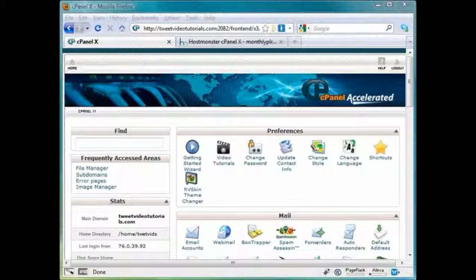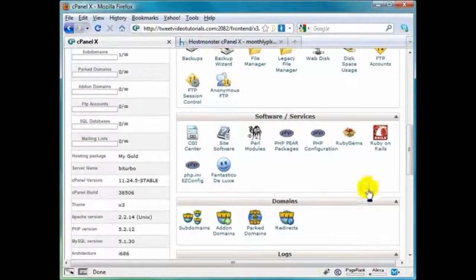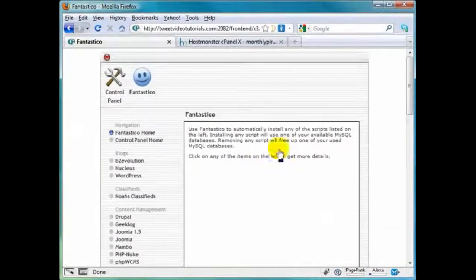So it's still a good idea to know how to install it manually, and again, the easy way, the auto install. So that being said, let's go ahead and log into our cPanel control panel as thus. Scrolling on down to the bottom, unless you've made some changes, in which case it won't be at the bottom, but we're looking for the software and services section because we're looking for the blue smiley face guy here for Fantastico Deluxe. And you just simply click on this, bring you to all these cool and free and easy to